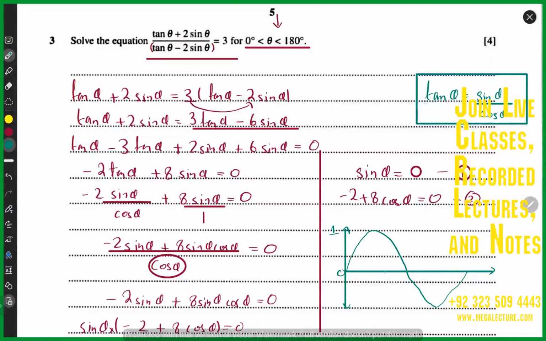It's 0, this is 180, and this is 360. Okay, this is theta and this is sine. So I did not explain graphs yet, but I just made this graph just so you guys are able to relate to the concept. Whenever you come across sine theta is 0 or cos theta is 0 or tan is 0,